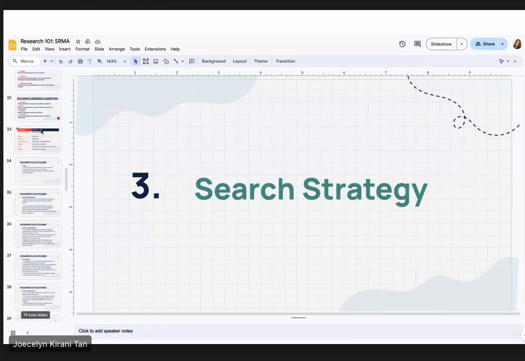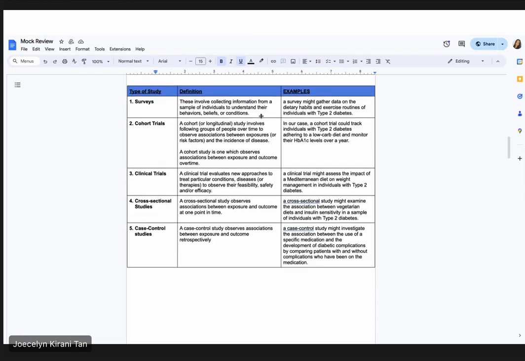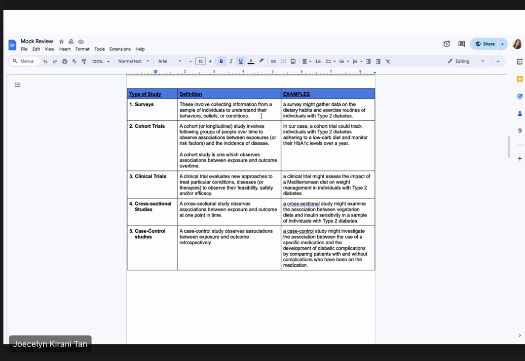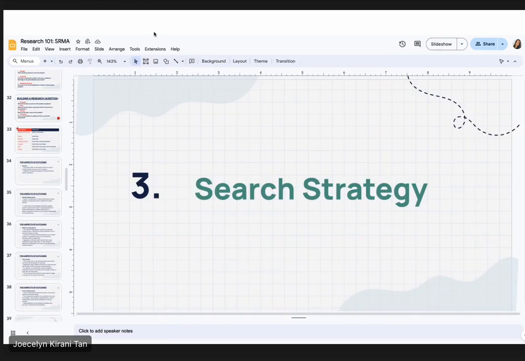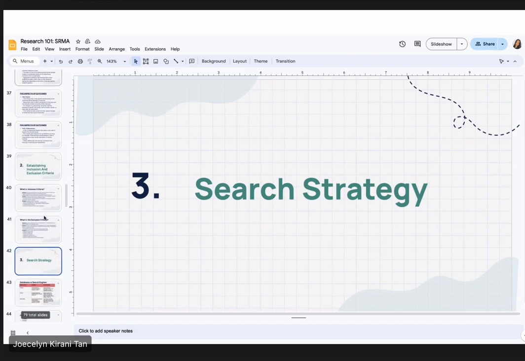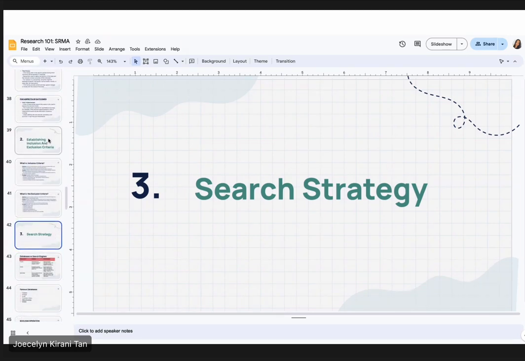And then we went through the different study designs. So it was over here. So we had the surveys, cohort trials, clinical trials, cross-sectional, case control. And then we went through the inclusion and exclusion criteria. So